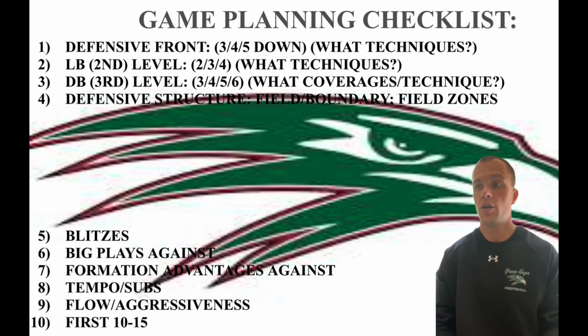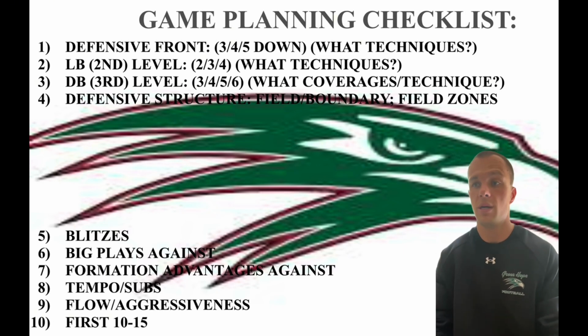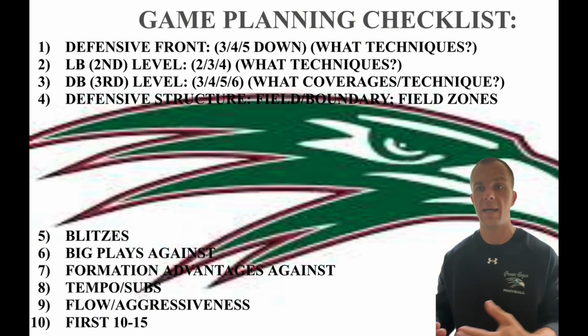Defensive front: are they a 3-man, 4-man, or 5-man front? Then what are their techniques? With that 3-man, is it going to have a stand-up backer to make it a 4-man front? Are they going to bring both backers down and create a 5 down? What are their tendencies with that? What percentage are they staying 3? And with that 3, is it 4i, 4i, 0, or 4i, 5, 0, 5, all that good stuff. Just try to see what the tendencies are for their defensive front, because then it comes down into that linebacker level.